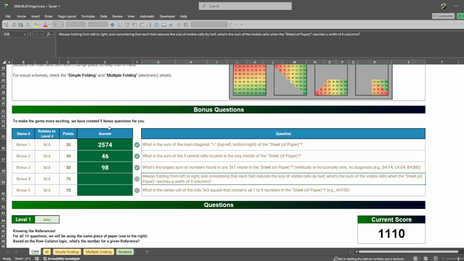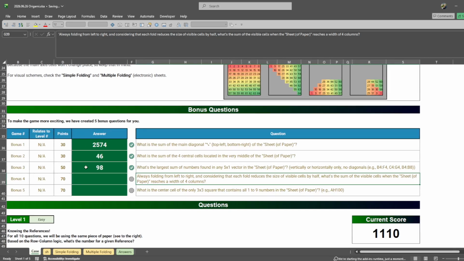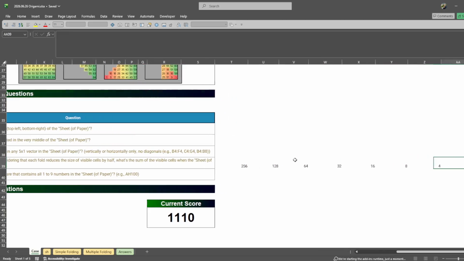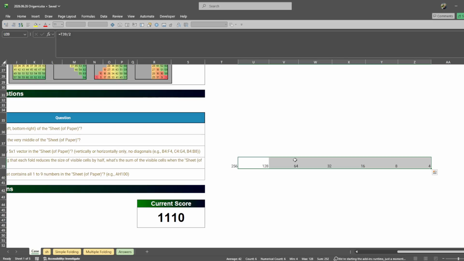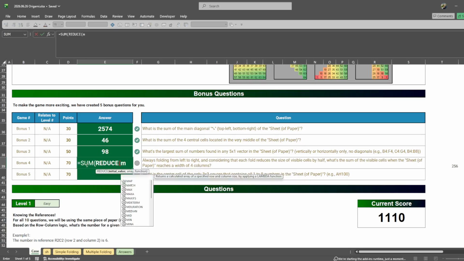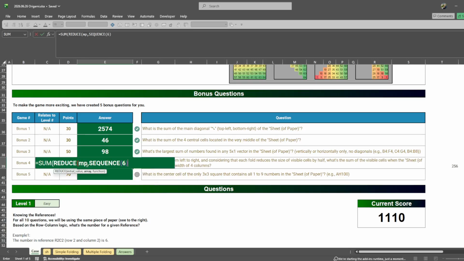Always folding from left to right and considering that each fold reduces the size of visible cells by half. What is the sum of the visible cells when you reach the width of 4 columns? Okay, so 256, right, is what we start with. And if I divide that by 2, I get smaller, smaller, smaller. And here 4, so if I have 6 steps, then I'm good. So what I can do is I can reduce MP, well, let's just say sum, reduce MP, sequence 6 lambda,